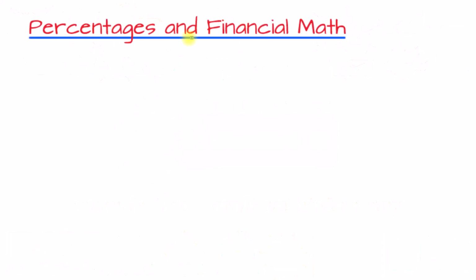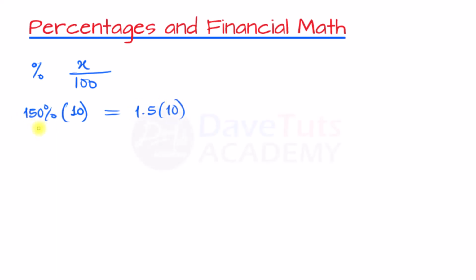In this video, we are going to be talking about percentages and financial mathematics. When we talk about percentages, we are talking about dividing some number, some value, by 100. So whatever number you are bringing in percentage means that you are dividing by 100. As a rule of thumb, to quickly solve questions on this, when you see something like 150% and you want to get this of some number, say of 10, this is just 1.5 multiplied by 10, because 150 over 100 is 1.5,